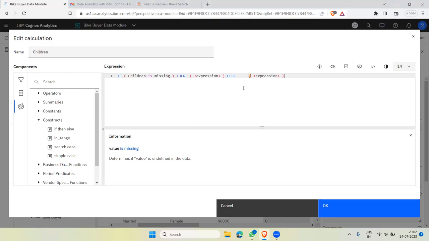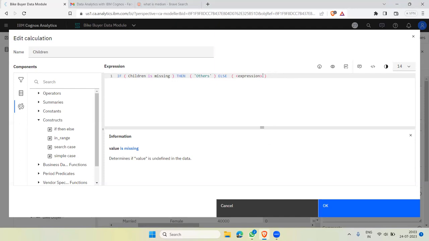In such case, simply what we do is, instead of the expression, delete that expression. And simply you type there within single quotation, other. We will give some meaningful label to missing data. Rather than blindly imputing with the most common category, which is one common imputation, we'll simply give one meaningful label. Not male, not female, others. That is the then case.